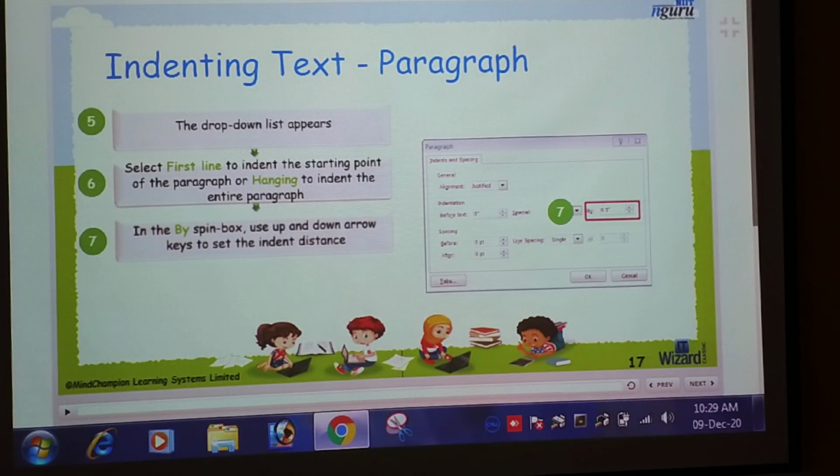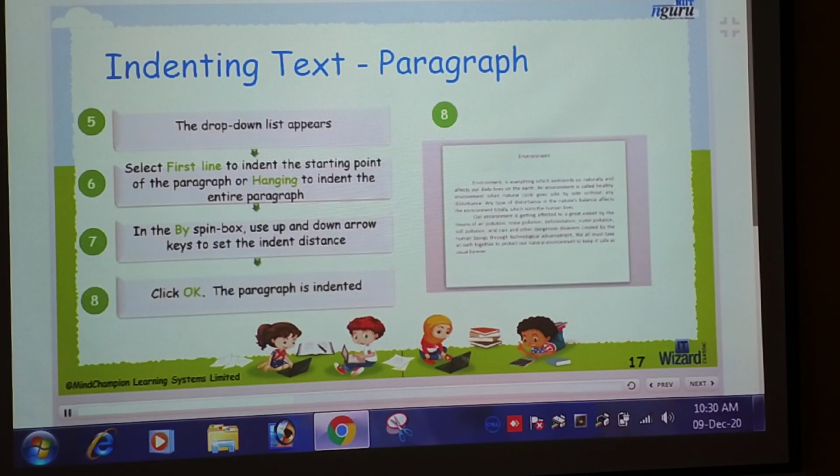In the by spin box, use the up and down arrow keys to set the indent distance. Then click on OK. The paragraph is indented. Understood?